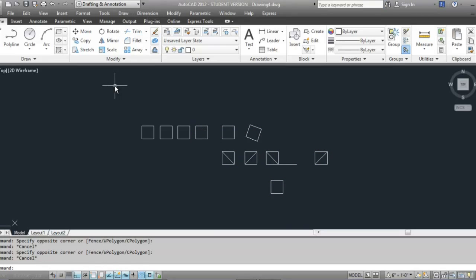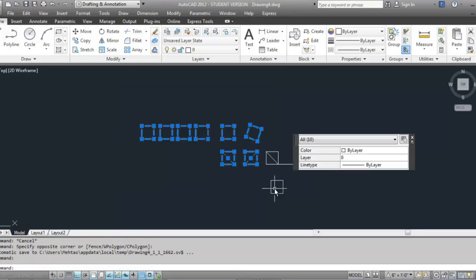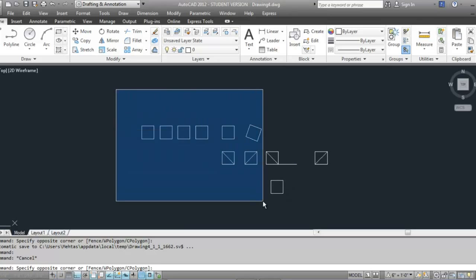The other way to select is you still hold the left button of the mouse down and you go from left to right of the screen. Now notice what this does. I have a lot of boxes enclosed within this window, which is blue in color, but I have two boxes that are partially enclosed. When I release my mouse button, you notice that most of the objects got selected, but not these two boxes that are partially enclosed. This is known as the selection window, which will only select objects that are completely enclosed